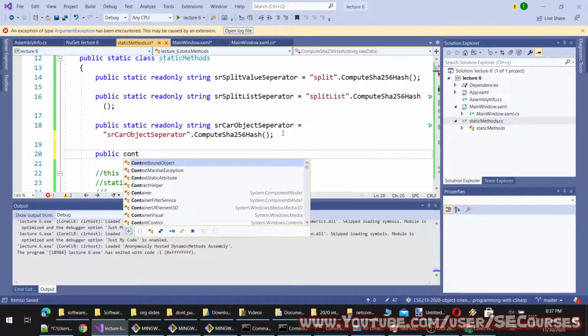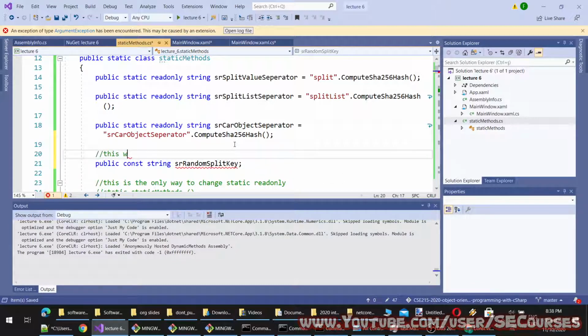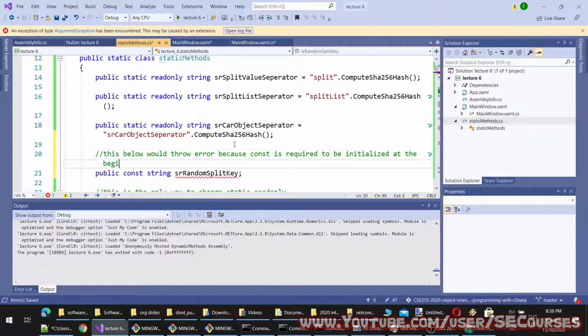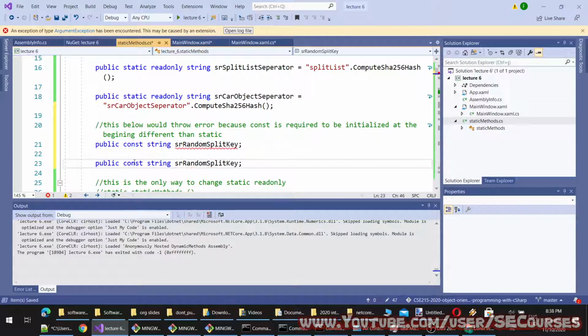So I'm going to say public const, let's say string sr random split key. Okay, this will give me error. Why? Because it is expecting a value to be provided at the beginning. Okay. However, let's make it like this.